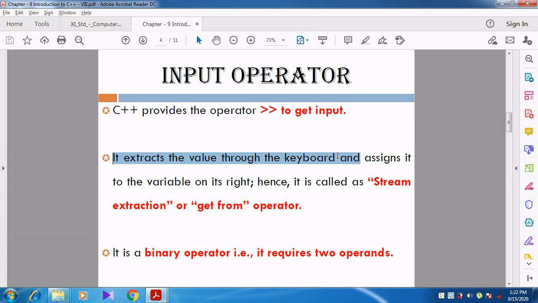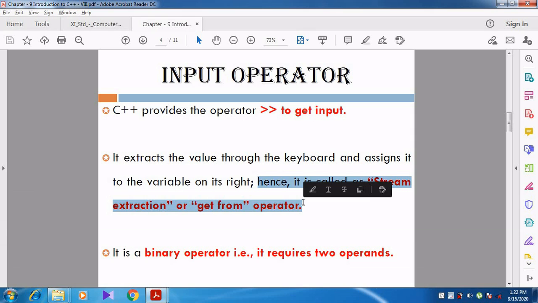The value given by the user is assigned to the variable on its right. Hence this is called the stream extraction or get from operator.